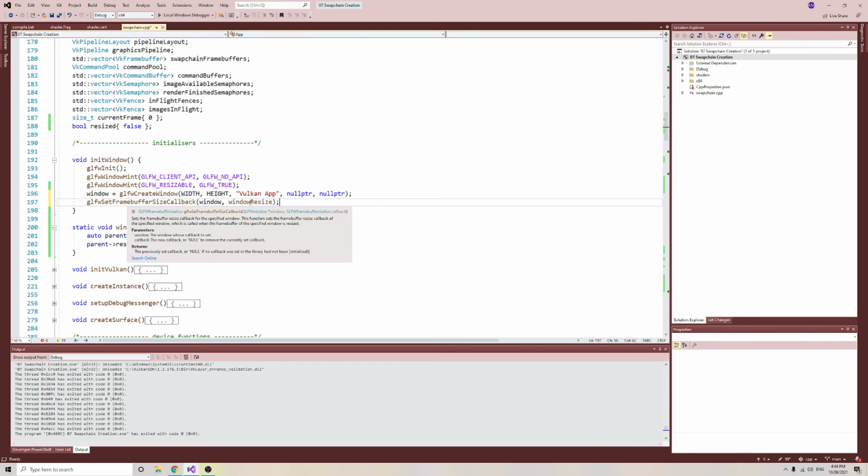so we registered this function window resize as the function to call when this window pointer is resized. Now, if we look here, it says that it's looking for a particular type of function signature. It has to be a static void function. Oh, sorry. No, it doesn't have to be static. That's fine. No, it just has to have the arguments of, it has to be a void function, has to have the arguments of a pointer to the window, int for the width, int for the height, as in the width and height of the new resize dimension. But that's fine. But if we run this at the moment,